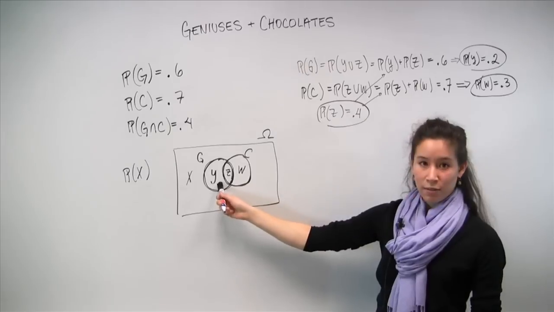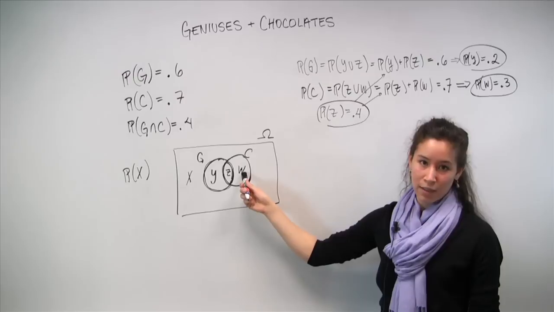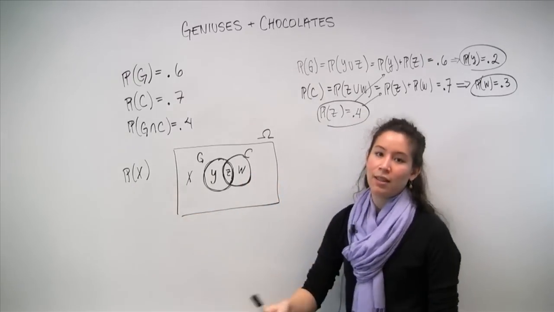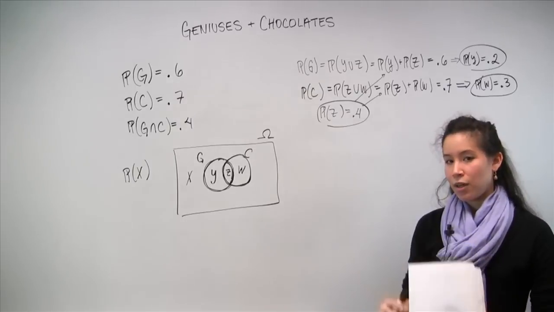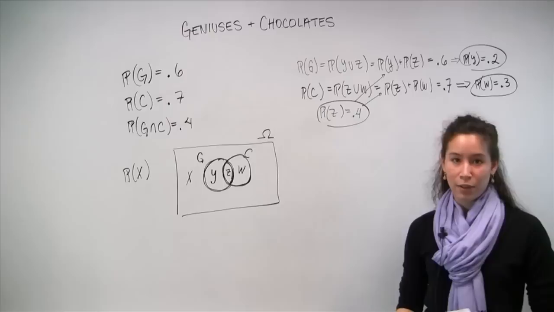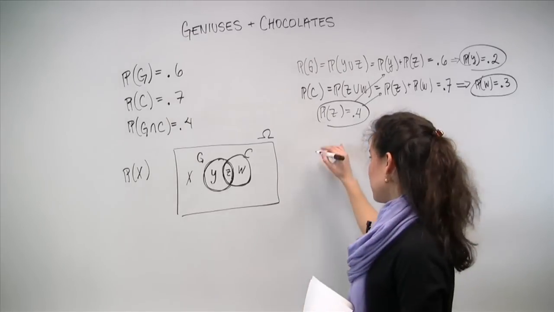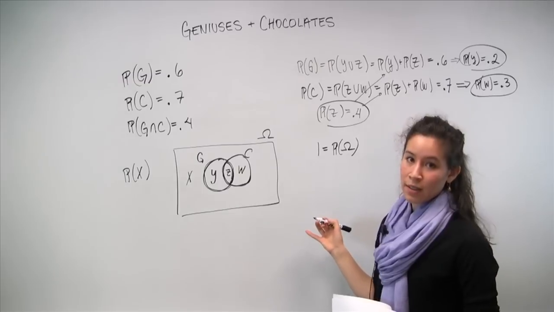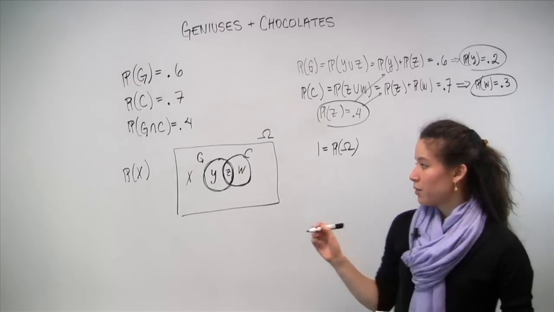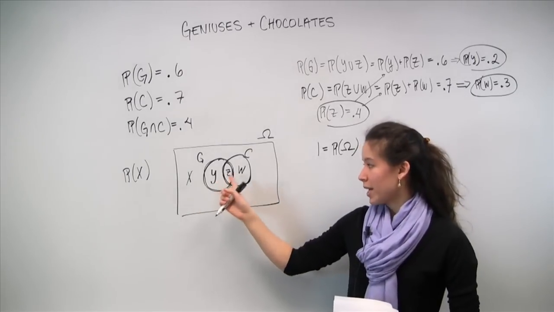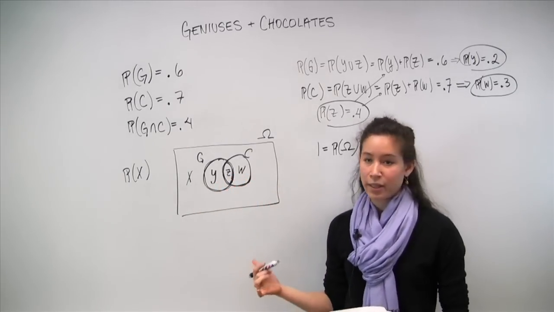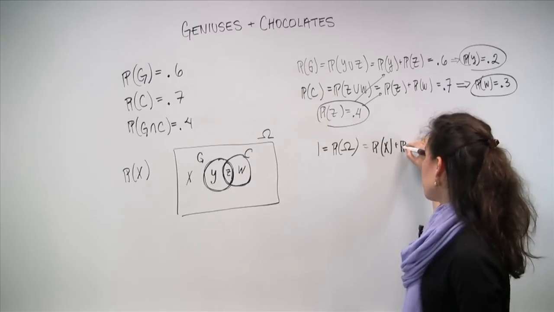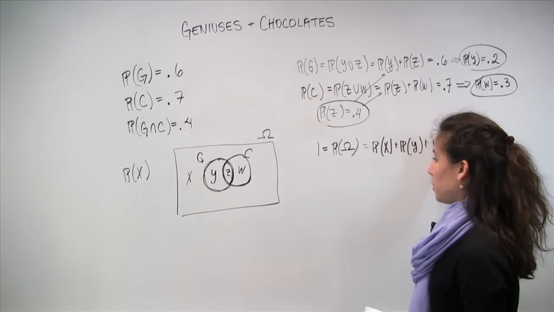So now we're doing really well because we have a lot of information. We know the probability of Y, the probability of Z, the probability of W. But remember, we're trying to find the probability of X. So the way we finally put all of this information together to solve for X is we use the axiom that tells us that 1 is equal to the probability of the sample space. And then again, we're going to use this really helpful fact that X, Y, Z, and W form a partition of omega to write this as probability of X plus probability of Y plus probability,